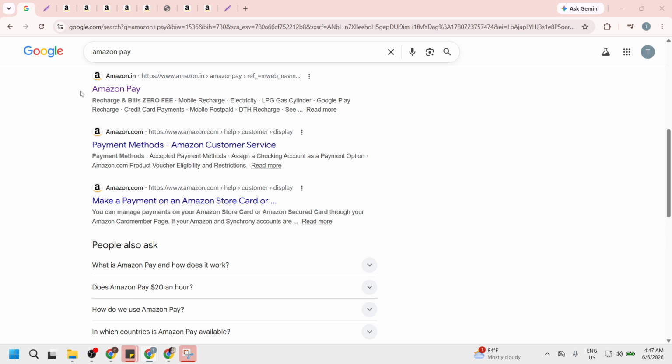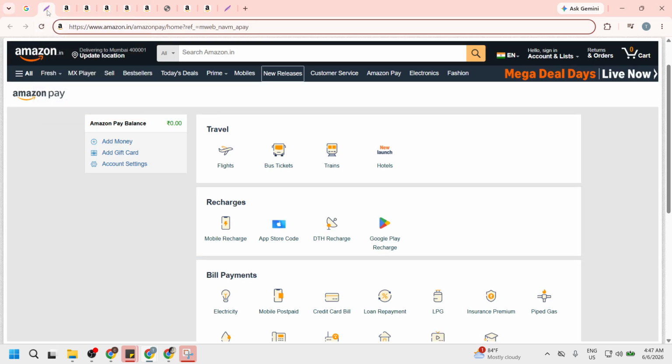If Amazon asks you to sign in, log into your account before continuing. Make sure you're using the correct account, especially if you have more than one. This is important because your saved payment methods, addresses, and current cart items are all tied to the account you're signed into. Next, check your cart and click Proceed to Buy.